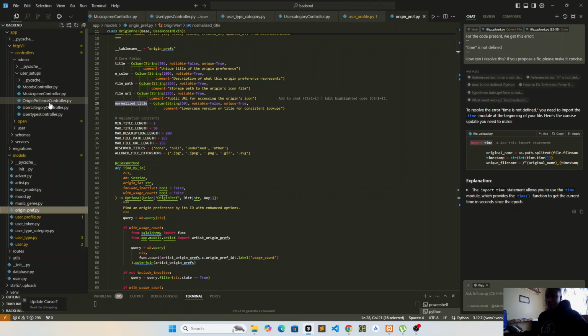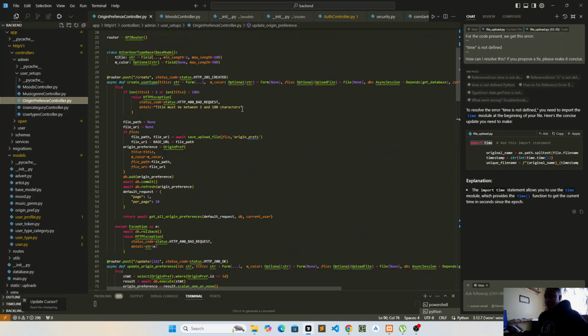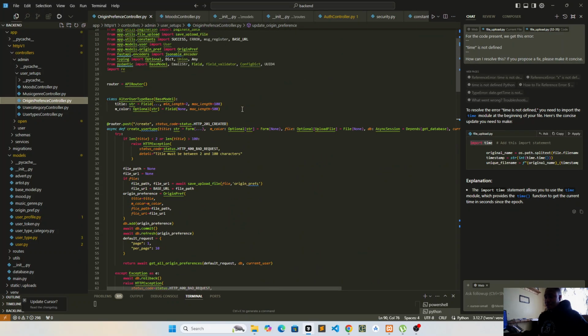So now these are the functions. This is the method that we are using to actually do what? To actually